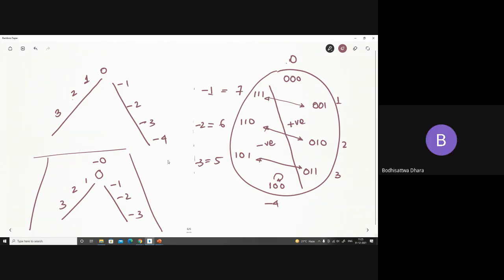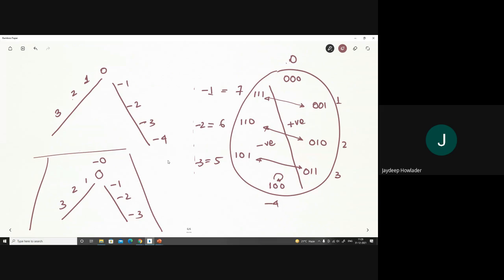Sir, over here you are telling that 1, 2, 3 on one side and -1, -2, -3 on the other. So if we write in the computer, the complement of 2 is -2. So -2 is the binary value of 6. Yes, -2 will be the binary value of 6. But how will it come? I'll try to explain, but just try to map and visualize this thing.